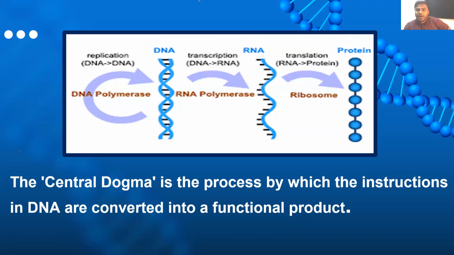Now, we all know one thing commonly. 90% of all organisms have DNA as their genetic material, we know that. So the DNA is going to give rise to the RNA. We also know that RNA gives rise to the protein. But in certain cases, especially in the viruses, what is the specialty of viruses? They have RNA as their genetic material.